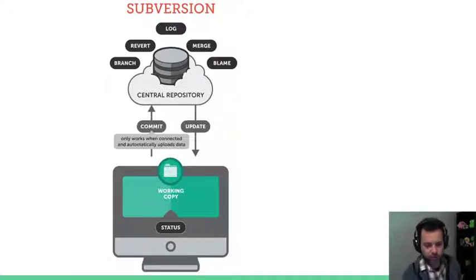So I love this figure because this actually gives you an idea of the differences between the standard model and the Git model. So we're going to pick on Subversion here. Pretty much all of your traditional revision control systems are going to look similar. So you have a central repository somewhere, right? This is your Subversion server, your Perforce server. What are some of the other ones? Drawing a blank. Whatever your source control system is, you have a database somewhere that you're going to connect to